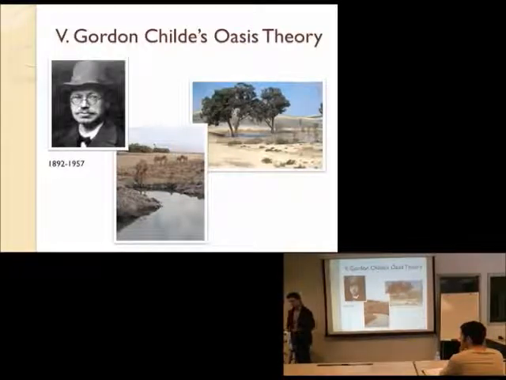All right, so Childe came up with this idea that we'll call the oasis theory. He looked at the timing of when domestication happened, and he was doing this at a time before carbon-14 dating. Unfortunately, he passed away just a few years after carbon-14 dating came out, about 1948, but it didn't figure into his main work. Before that, we really didn't have any specific way of saying exactly how old things were. We had some good educated guesses, and they turned out to be not entirely wrong, but his chronology wasn't perfect.